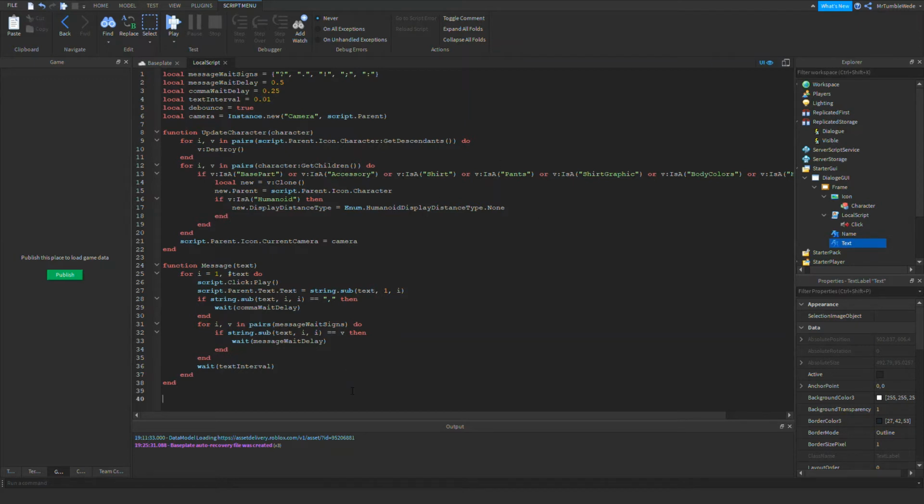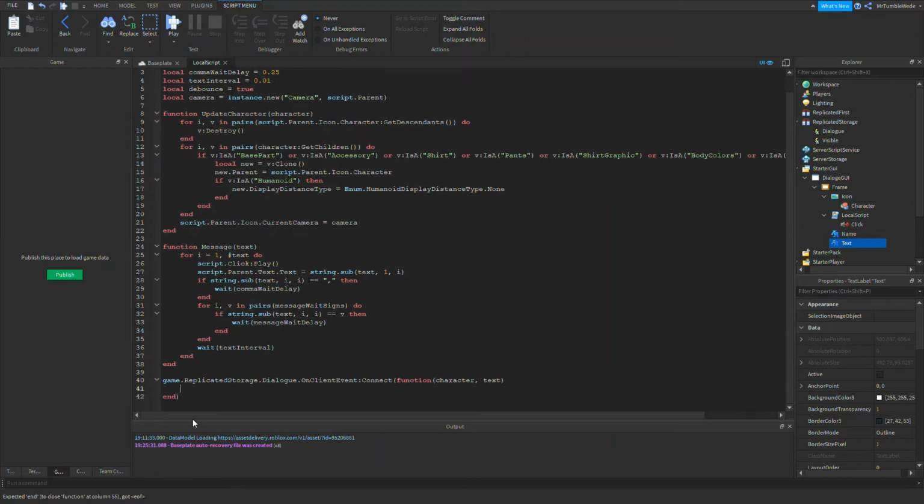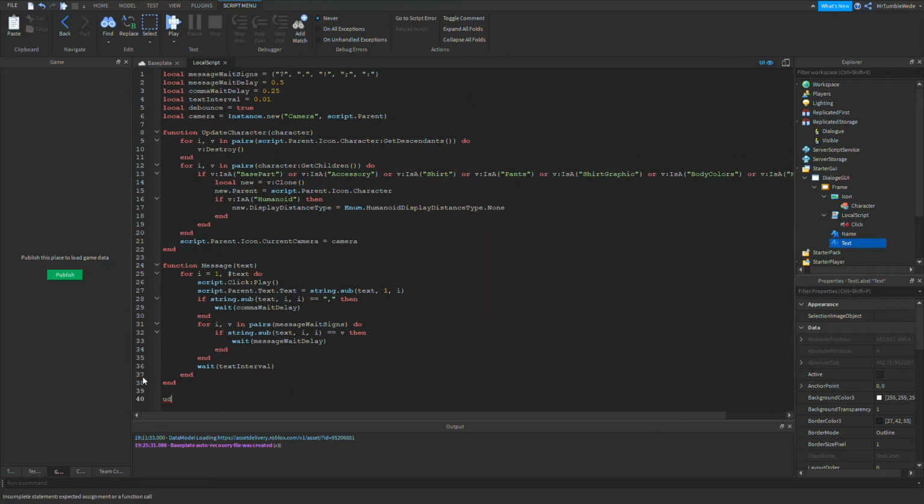Okay, and now we do the dialog part. game.ReplicatedStorage.dialog.OnClientEvent:Connect(function(character, text). So this is when you want it to message. Actually, right now I want to make sure it's working, I guess. So we can do update character game.Players.LocalPlayer.Character.